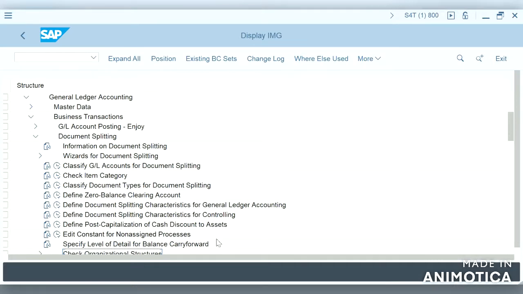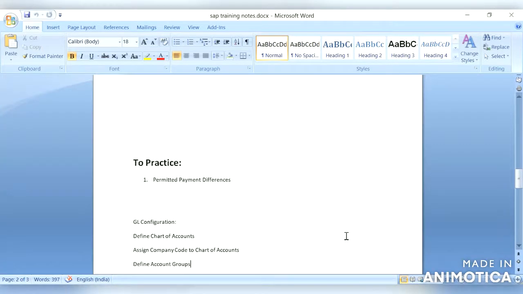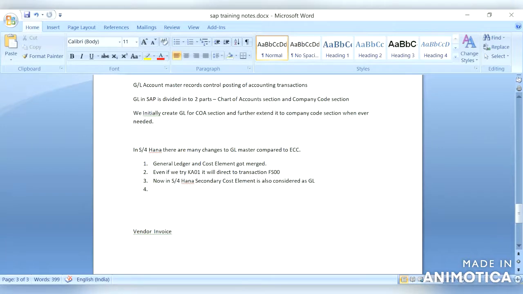So let us see how document splitting works. Let us take an example of a vendor invoice. We have a vendor account which is posted for 11,000.